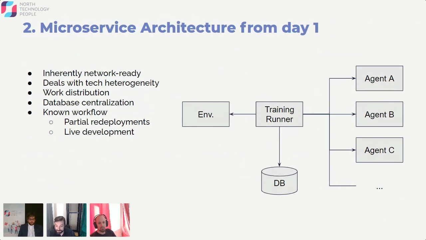The other big piece of the puzzle, and this is a bit of a tough pill to swallow, is just go straight for a microservice architecture from day one. Prototyping in a Jupyter notebook to then transfer into something that's a lot more like a production environment is basically going to lead you nowhere. You have to go straight to an environment where your environments and agents are running in a distributed manner, and that you have your humans that are going to connect in. So jump over the prototyping phase straight into something that looks a lot more like production.